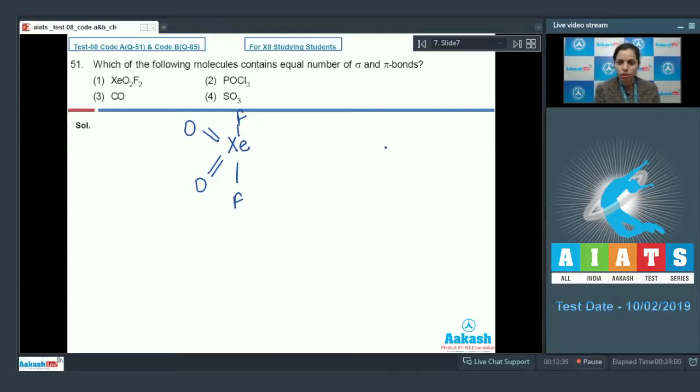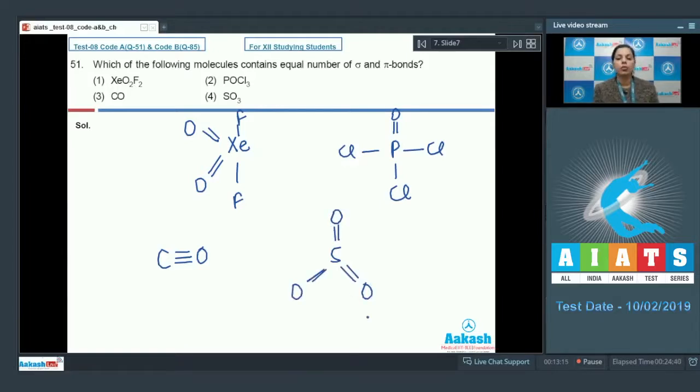Before that, let's draw for this POCl3 also. This POCl3 is this type of species. Further, we have CO, this molecule, and SO3. SO3 is this type of molecule. Now you can clearly see that in first molecule XeO2F2 there are 2 pi bonds and